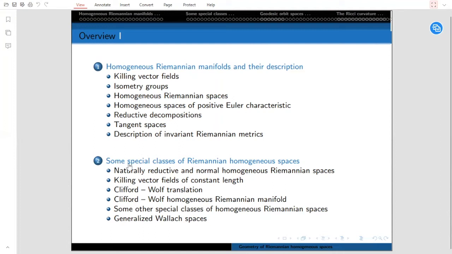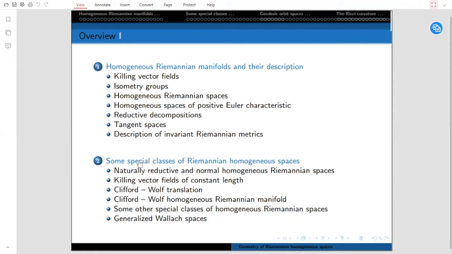The next talk covers some special classes of Riemannian homogeneous spaces. I want to discuss some very important and popular classes, like symmetric, weakly symmetric, normal homogeneous, naturally reductive homogeneous spaces, and some others, for example, Gerobata spaces and Wallach spaces, generalized Wallach spaces. Why this? Because these classes are quite natural in different problems. They naturally appear when we're studying some